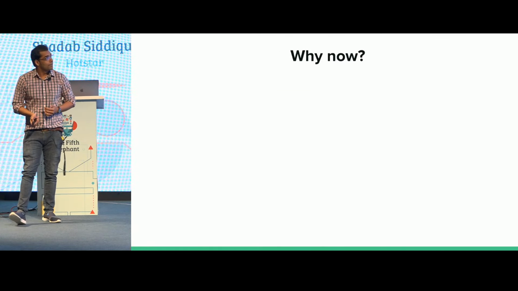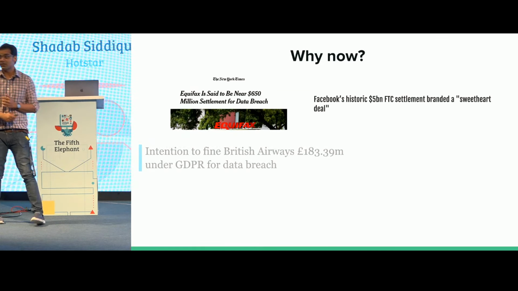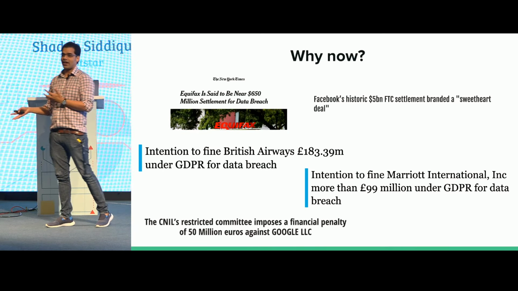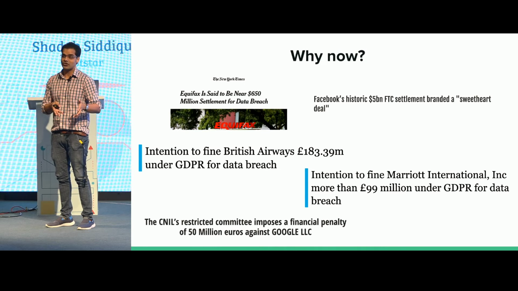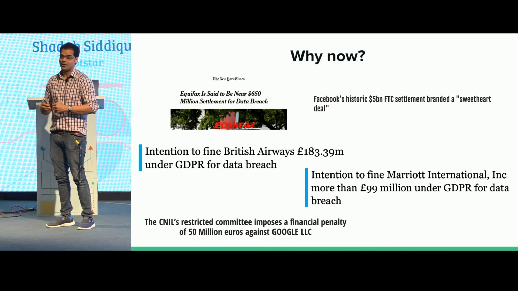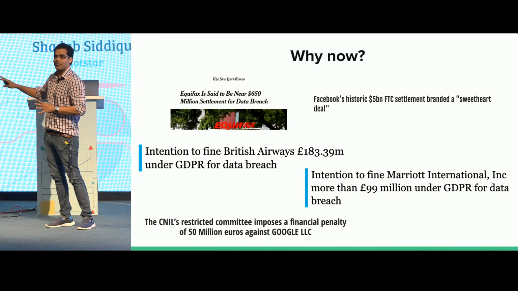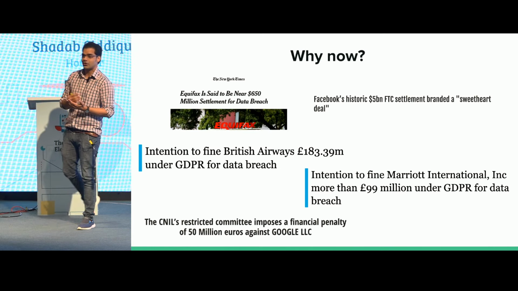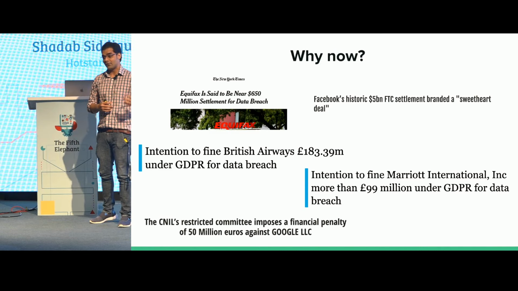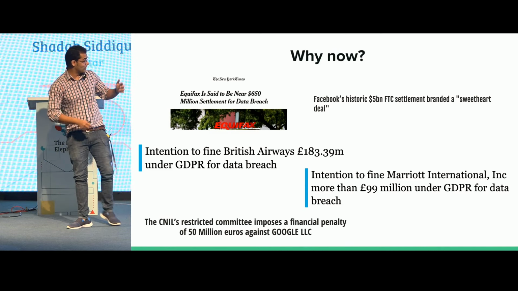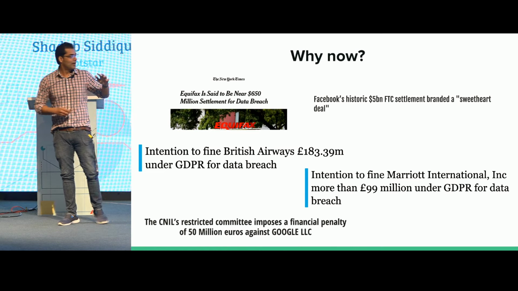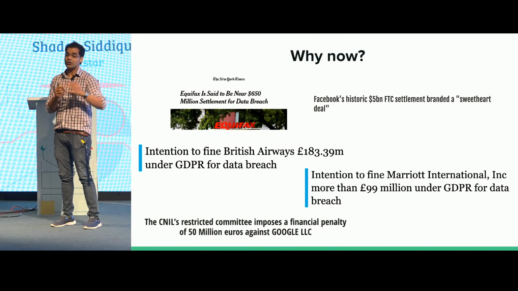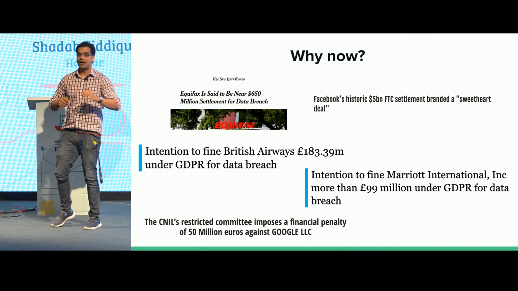Before that, why are we talking about this now? Three days back, Equifax had a settlement because of a data breach, where they were all secured, but because of a third-party library, they got breached, the data went out, and they're doing a $700 million settlement. Facebook got fined $5 billion. Google, British Airways, Marriott, all of them are getting fined, okay? And this is not just the UK, this is the US and everywhere.